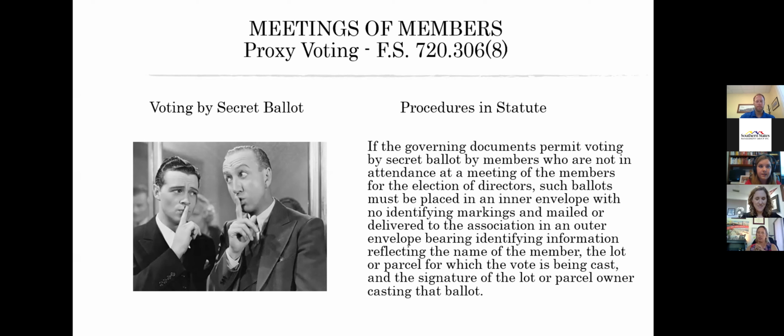So if your documents include a process regarding secret ballots, keep in mind that that's a very specific 2-envelope system where a ballot is returned in an unmarked inner envelope, and then the outer envelope is where you're going to have your owner's name, lot identification, and their signature, so that when we remove that outer envelope, the secret part of the secret ballot is maintained, and that's what's opened at the meeting and counted. But again, it's a different concept than proxy